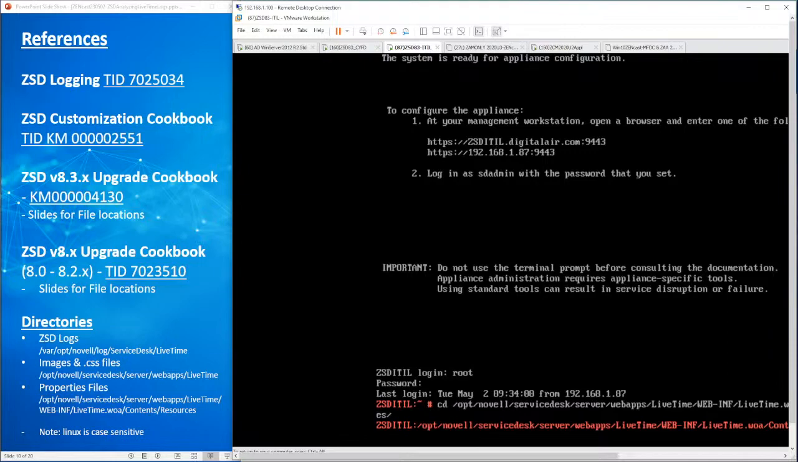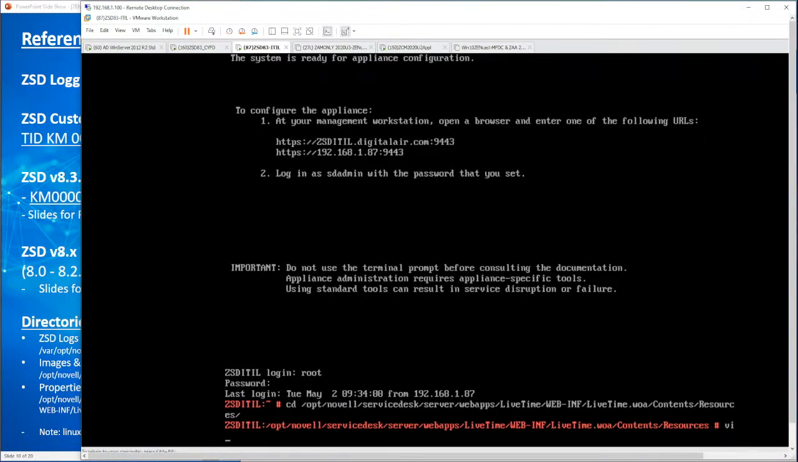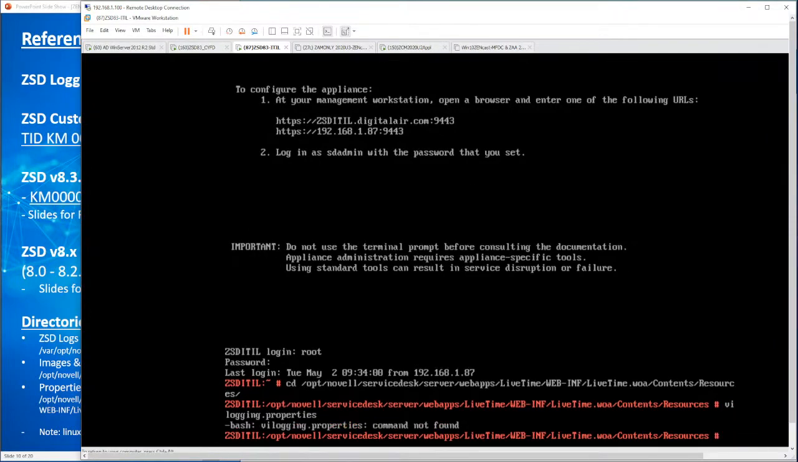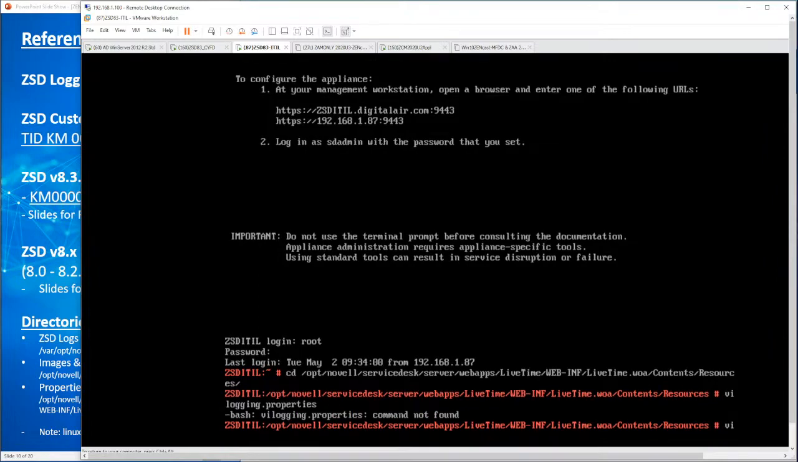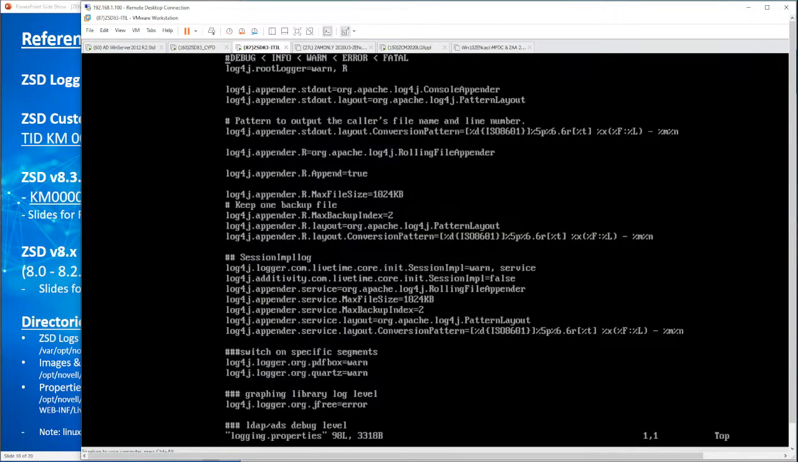Let me move this over so you can see. vi logging properties. Okay, we're now in that file. You could see, let's do an insert. You can see down here that we have